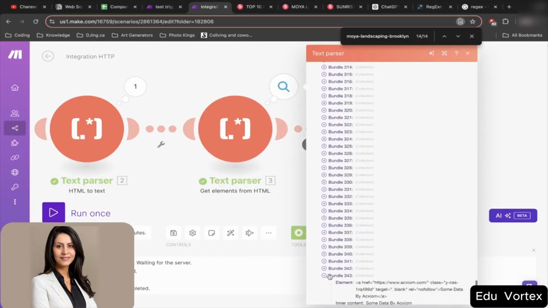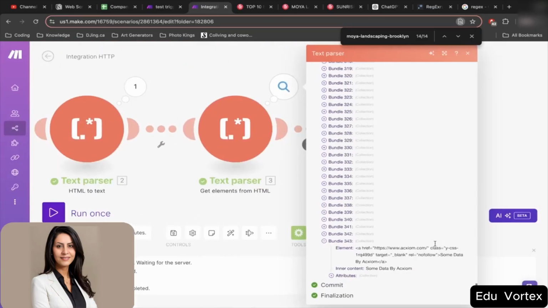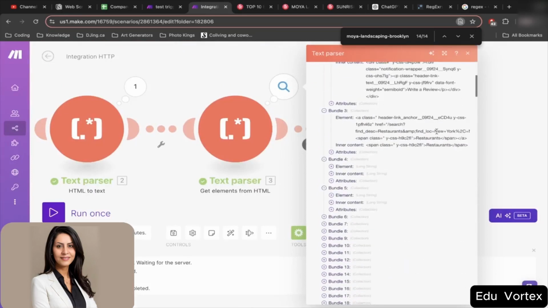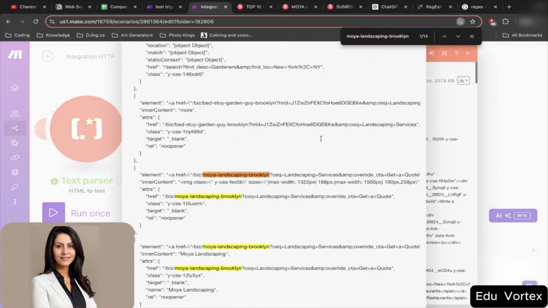So if we take a look at this link here, https www.axiom.com, this is not going to filter through. It's not going to pass because it's not the kind of link that we're looking for. So let's just open up all the results again, and let's see if we can find a particular link here